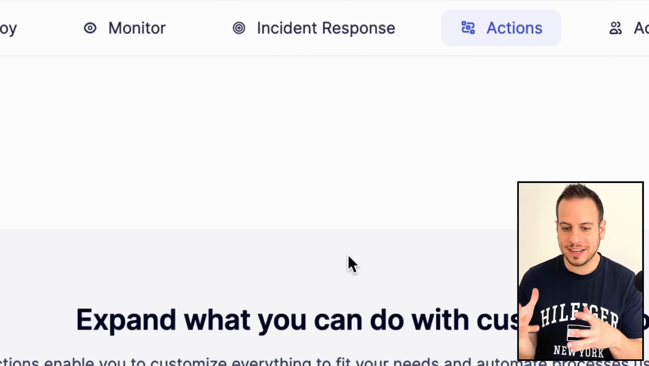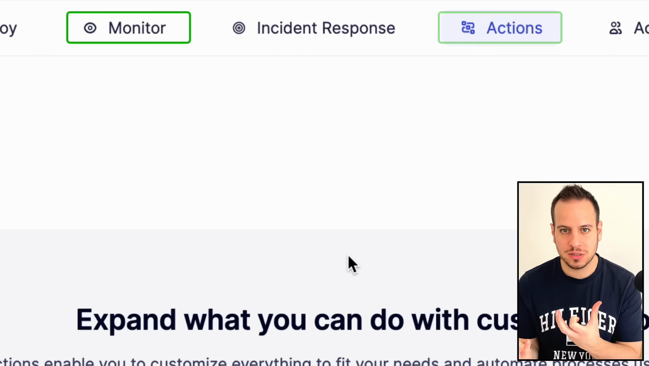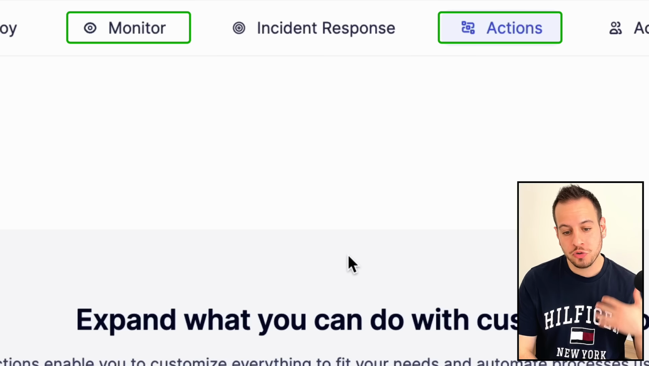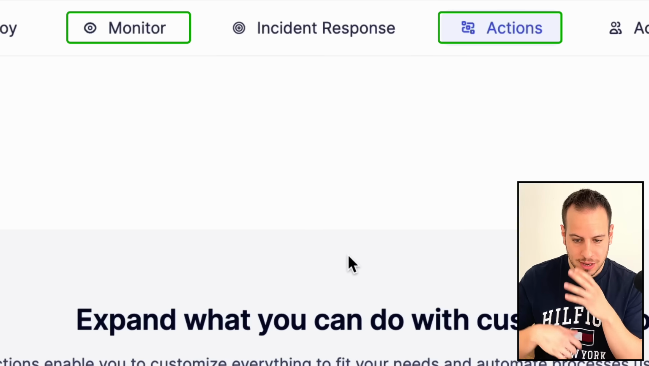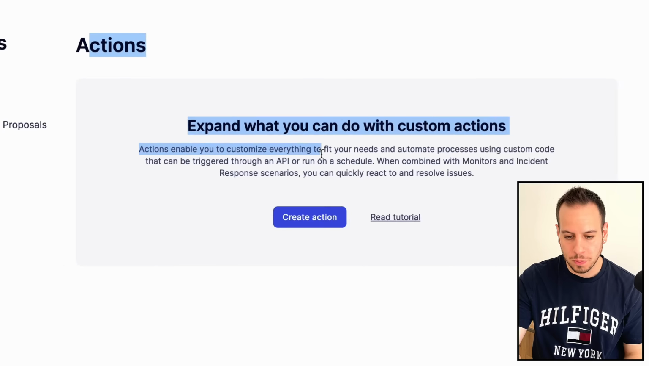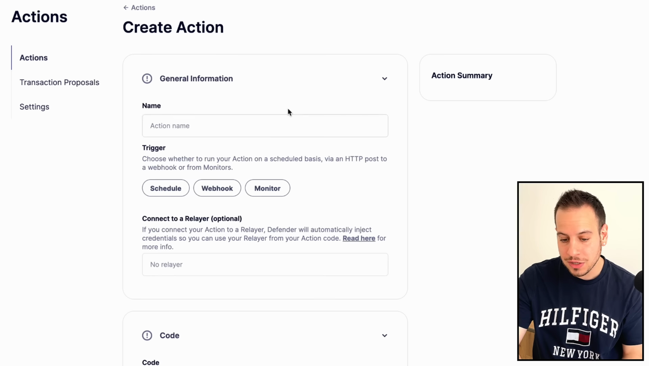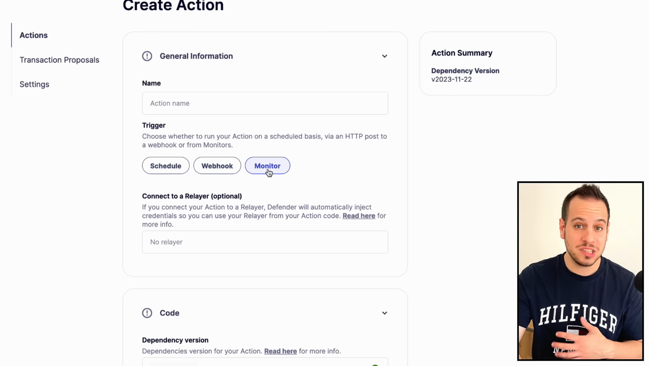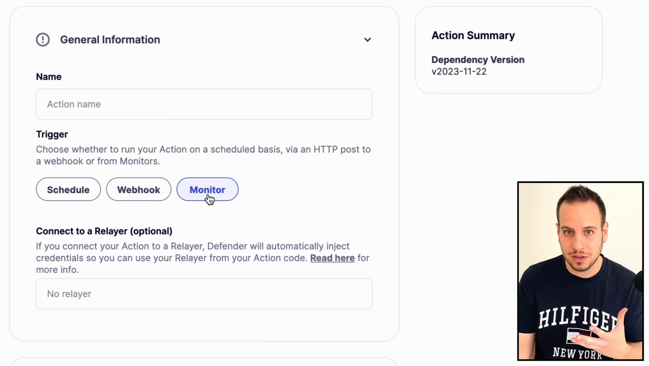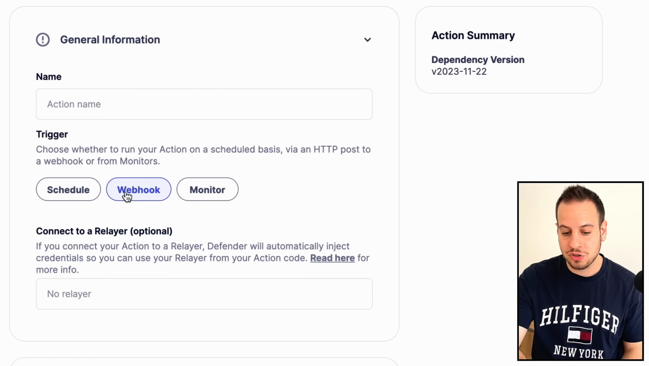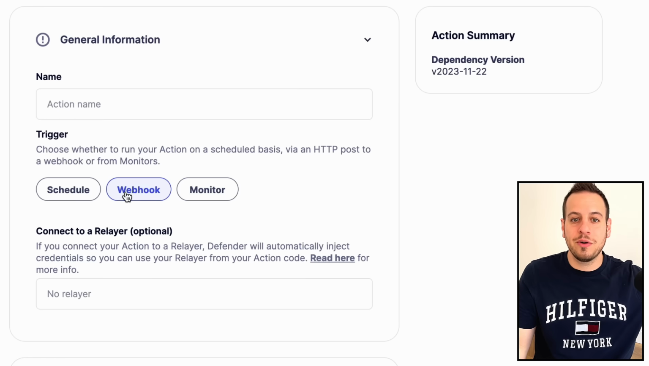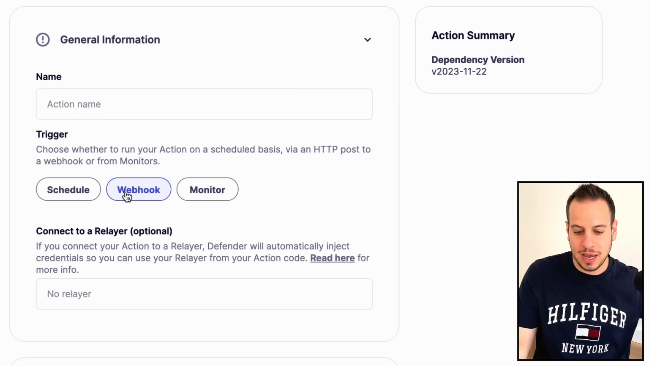We want to connect the monitor with the action. So in case there is an incident, something happened with our protocol, we want to run an action automatically. This is where the actions come into place. As you can see over here, we can create a new action and we can basically make this action based on a monitor. So if something happened in our protocol, or we can do it based on schedule or webhook. So we can also create actions that will be run automatically in the background as a cron